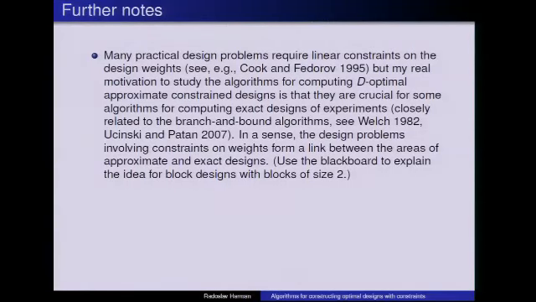My original motivation comes from the problem of computing exact designs. It turns out that for some nice, and I think prospective, class of algorithms for design of experiments, which are very closely related to branch and bound algorithms,